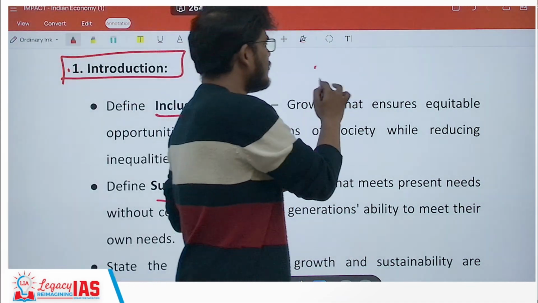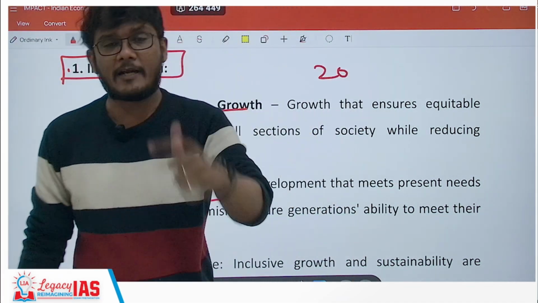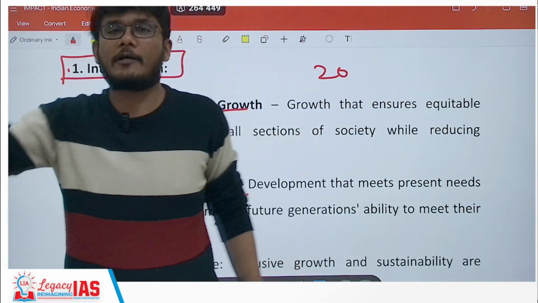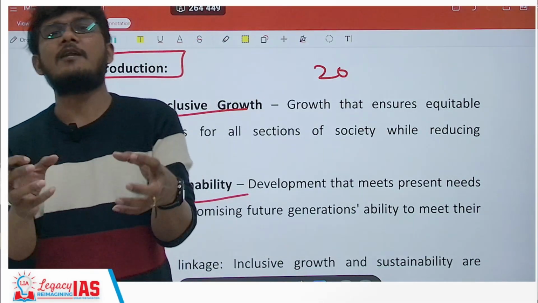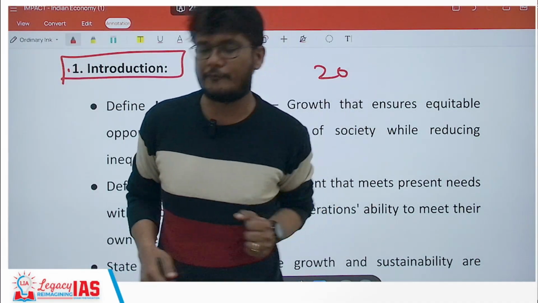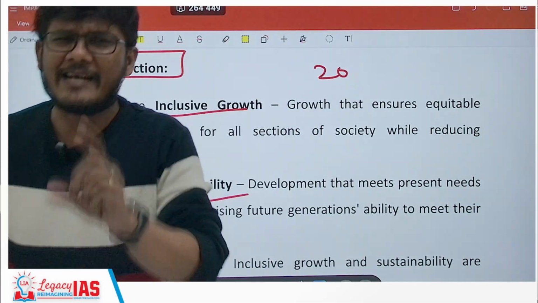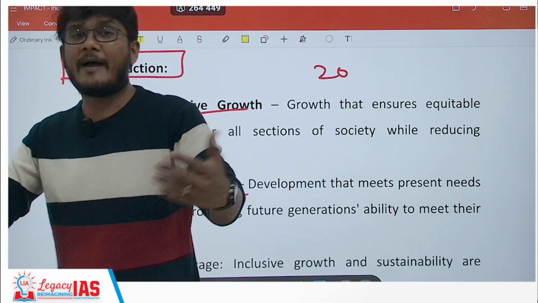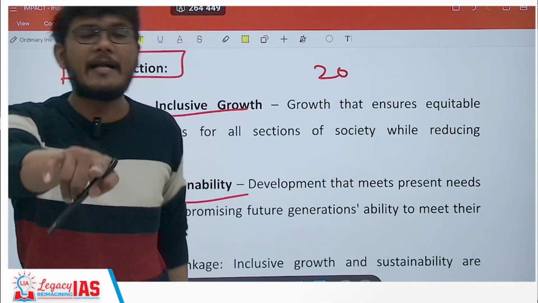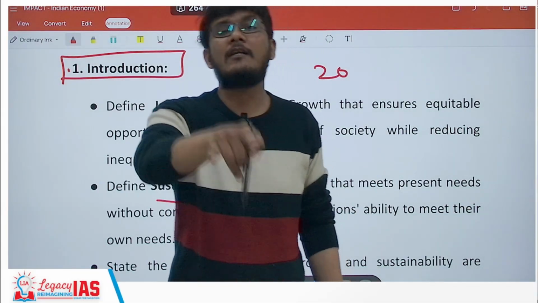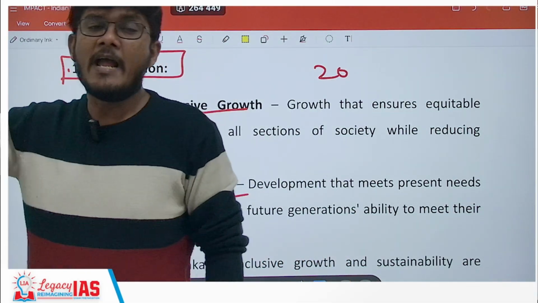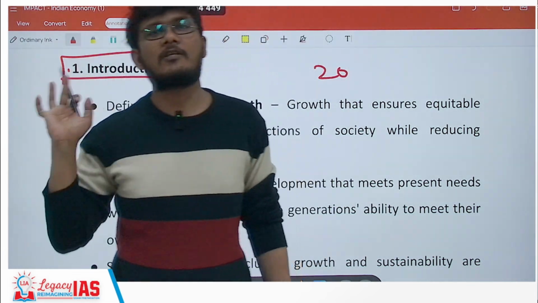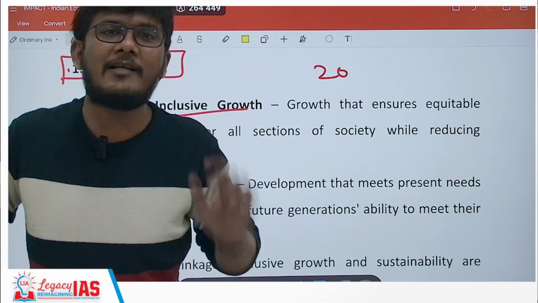So out of 20 questions that you will be solving, maybe in 10 questions you might have to take the help of definition and move ahead, and only around 10 questions you can write better introductions. So when you're practicing, at least then practice for better introductions and not just definition. However, having said that, there will be certain questions in UPSC which say define. For example, we'll see one question later on which says define potential GDP. In that case, the introduction itself can be the definition of potential GDP, and you can directly start addressing your answer in the introduction itself, because the demand of the question is like that.